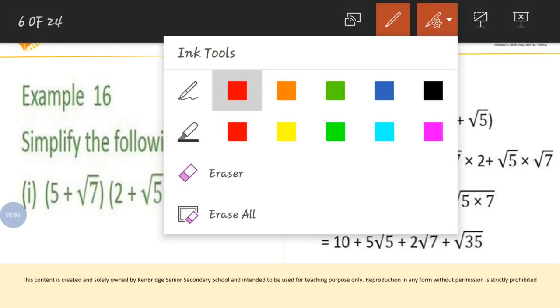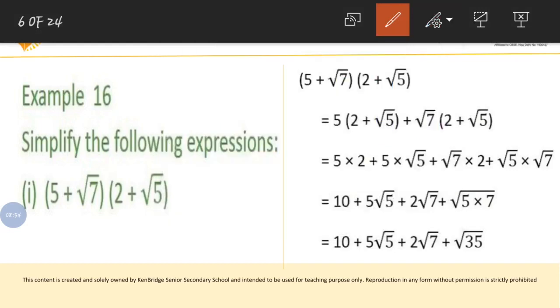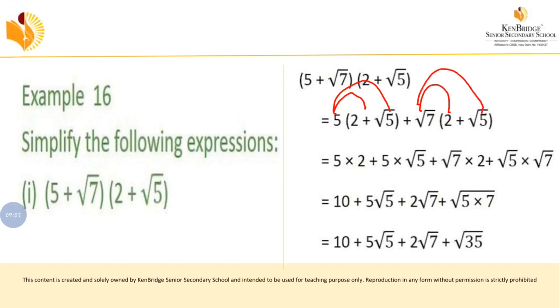Now again we are going to multiply 5 into 2 and then 5 into root 5. Let me erase everything, then you can understand it. So now just look at here, we have multiplied 5 into 2 first, then 5 into root 5. Likewise here also root 7 into 2, then root 7 into root 5, okay. In this way we have multiplied. Now just look at this step. First step will be 5 into 2 plus 5 into root 5 plus root 7 into 2 plus root 5 into root 7. Can you understand? So like this we have to write this step.